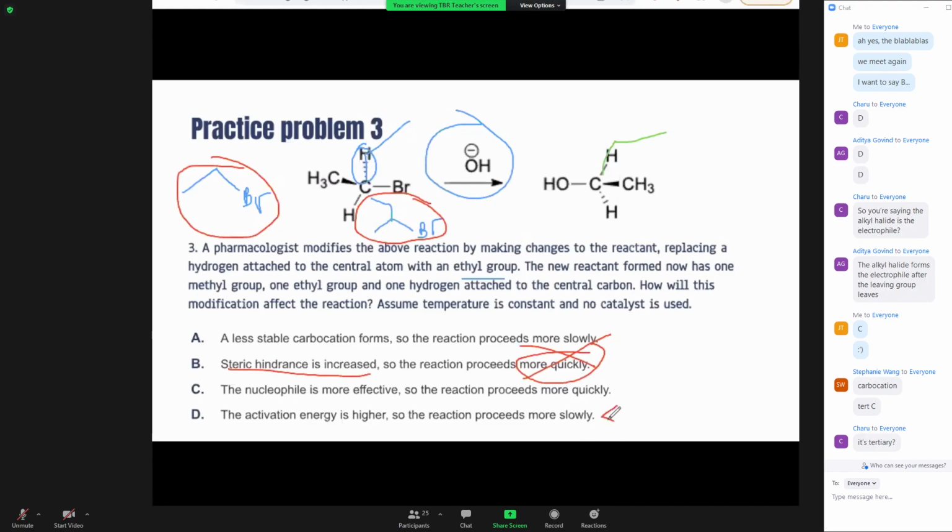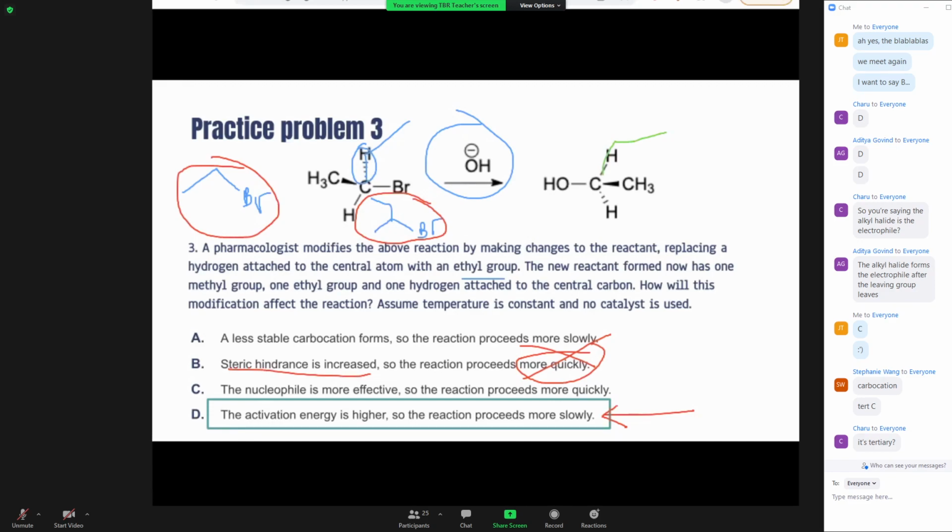And so this is your correct answer actually, because your activation energy is higher. Since this reaction is less favorable, it requires more energy to proceed. And as a result, the reaction proceeds more slowly. It's more difficult for that nucleophile to come in and attack. And therefore the reaction, no, it's an SN2 still. Because there's no mention of a carbocation and there's no mention of any leaving group leaving. It's going to be the same reaction